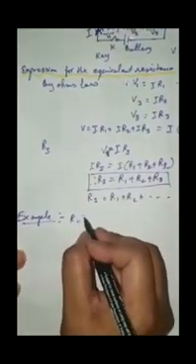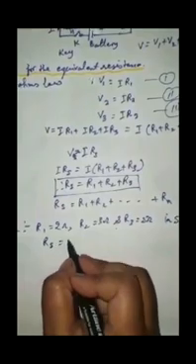For example, children, I can take one simple example. If we connect three resistors, say R1 2 ohm, R2 3 ohm and R3 5 ohm, and they are connected in series, what is the equivalent resistance? We know that RS is equal to R1 plus R2 plus R3. Put the values, R1 value 2, R2 value 3 and R3 value 5. So it will come 10 ohm. Ohm is the unit of resistance. In this way we will do the numericals.